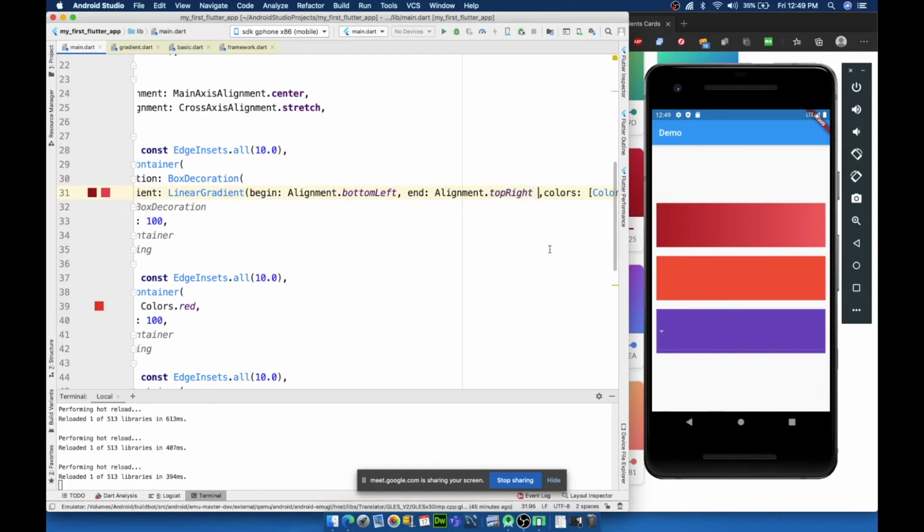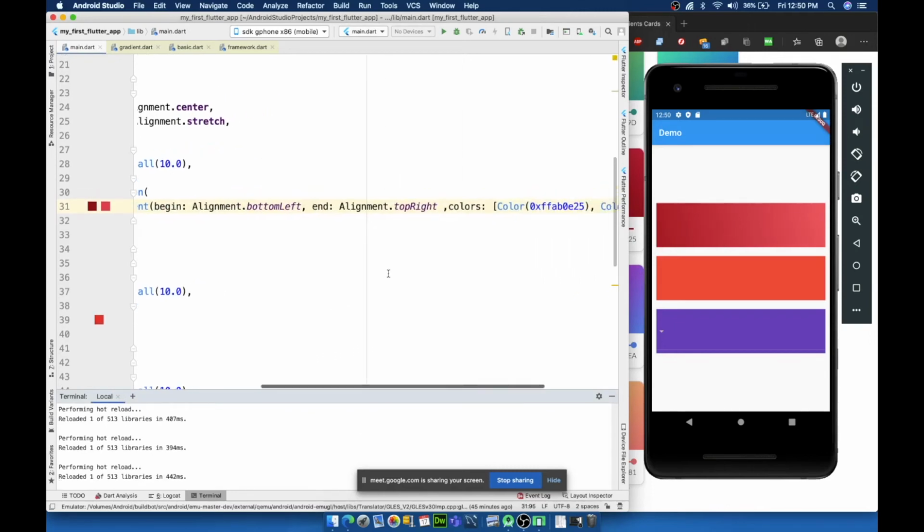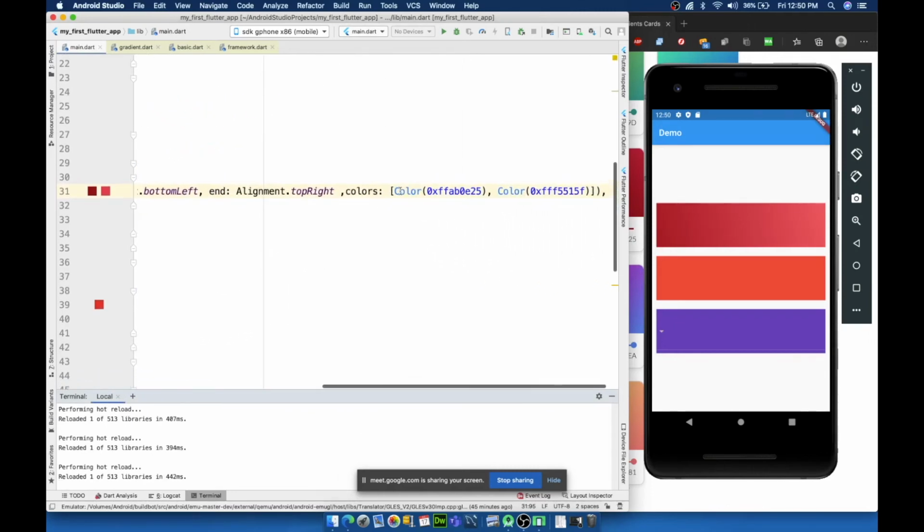So I think you understand what this means. Bottom left to top right. The gradient starts from here and it ends over here, right? Let me hot reload and show you the changes. Maybe this color is not visible. Let me just show you with different colors.